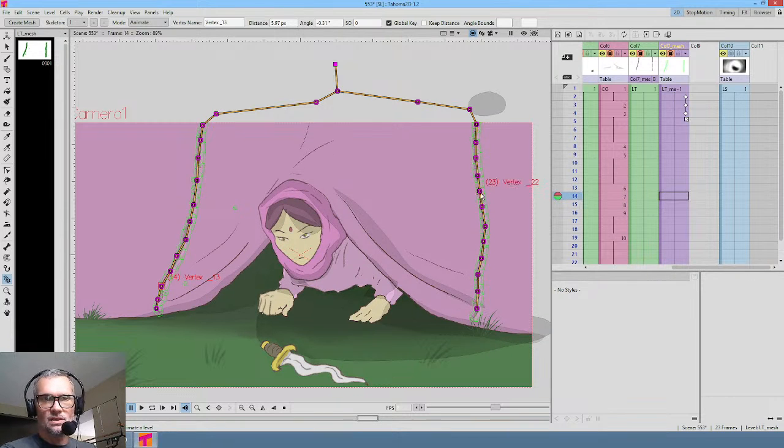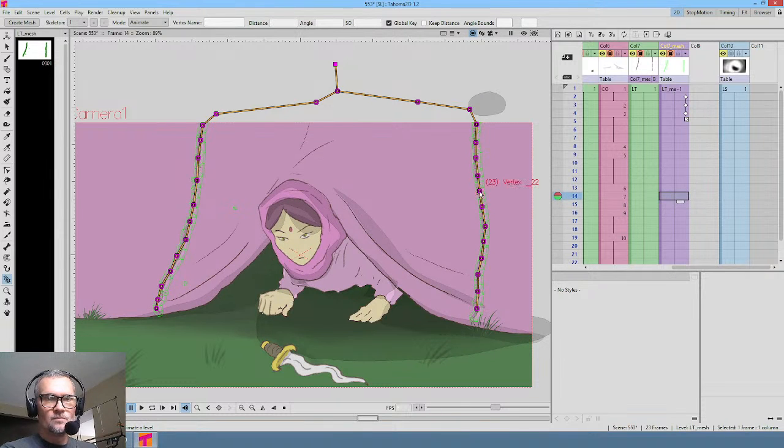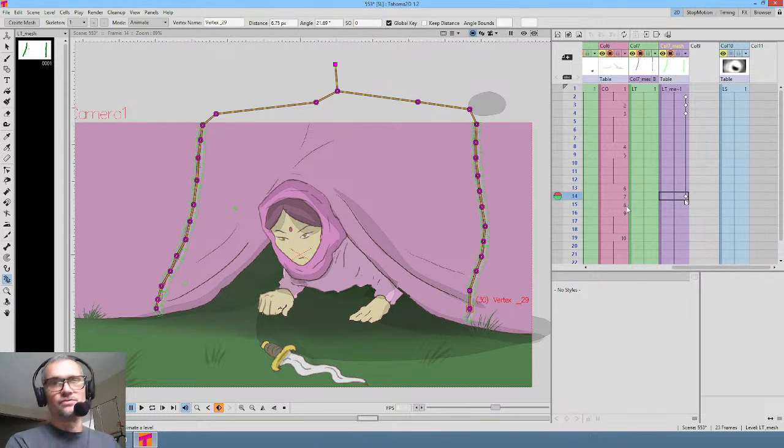So for me, I would say with the wrinkles and whatnot, we're kind of seeing a little bit of movement here. So let's just, like I said, we don't want to get too crazy. We've got some latitude here because